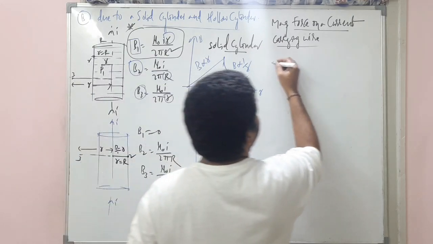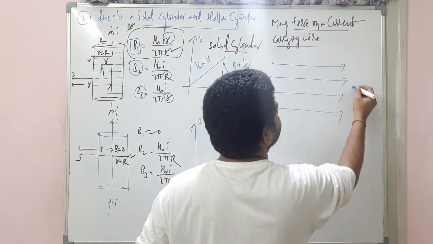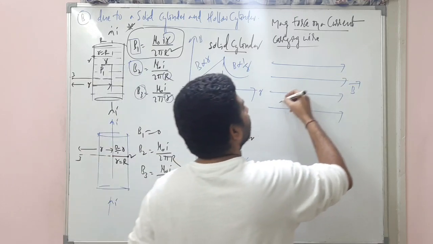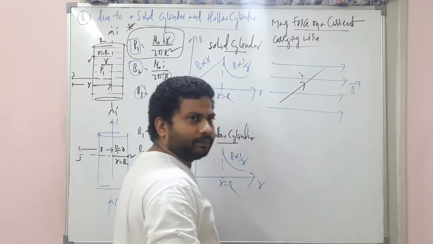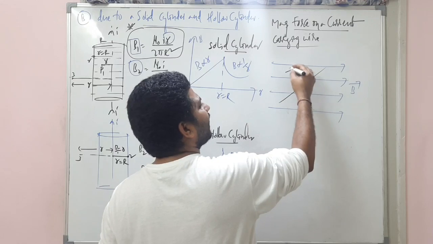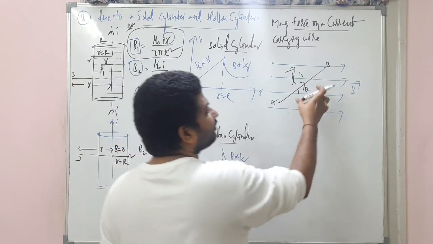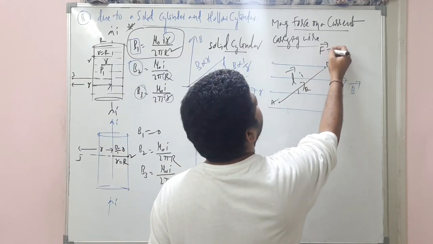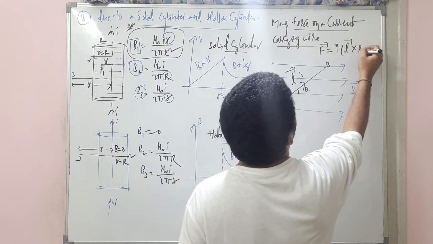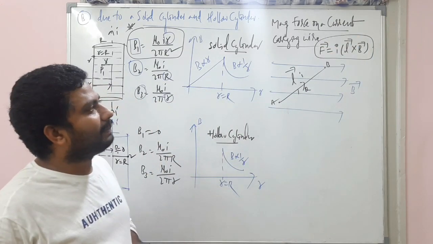Imagine a situation, there is a magnetic field like this, so this is B bar. There is a wire through which the current I is flowing, kept here, making an angle theta, and the effective length of the wire is L bar like this. This is point A and this is point B. You know, the force acting on this wire, F bar, is equal to I into L bar cross B bar. See how nice this equation is.